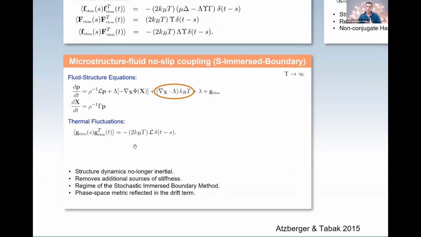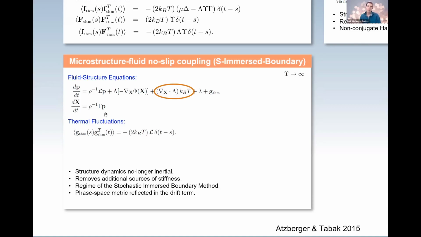And it looks very closely to the original formulation of the stochastic immersed boundary method. But again, doing that sort of principled reduction shows that there's actually an additional thermally induced drift term in the fluid momentum equation that's given here based on the force spreading operator. Okay, and so in this case, now we no longer have the inertia of the microstructure being accounted for in P total. P total is basically of the fluid, and then the microstructure is in some sense enslaved to move at the same velocity as the local fluid parcels. And that's really closely related to the traditional immersed boundary formulation.